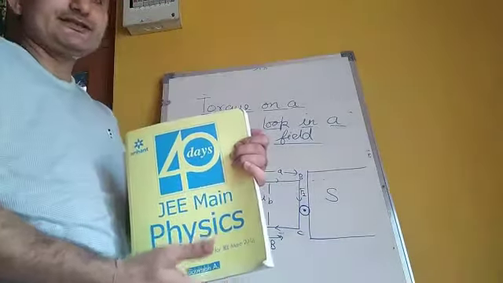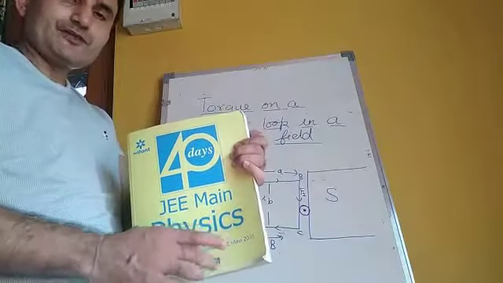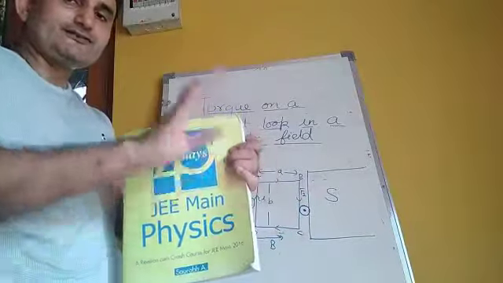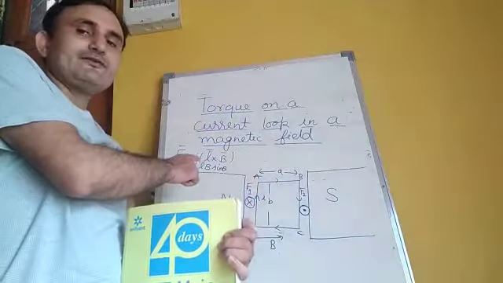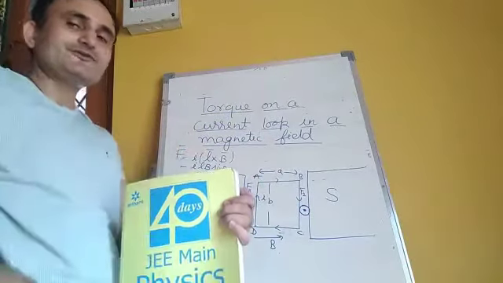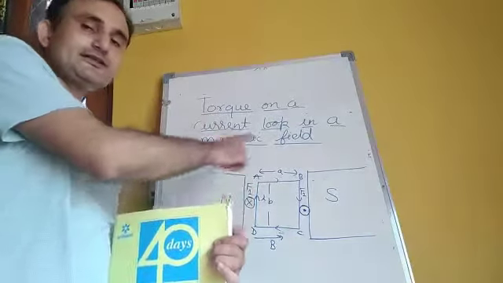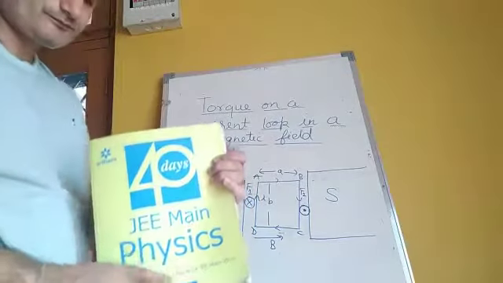Similarly, it will be 0 on this side as well, because here the current will be in this direction but the field is just opposite, so the angle is 180 degrees. Hence again we will have to keep sine 180 here, so the force will be 0. So the forces on this side and this side are 0 for this particular situation.